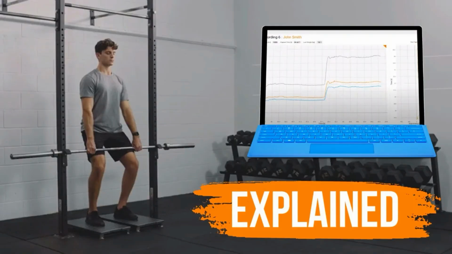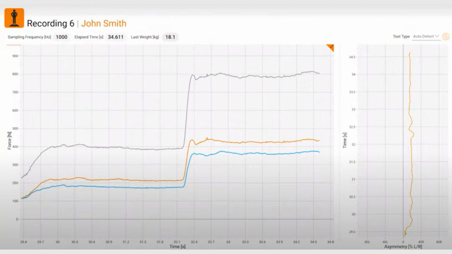Then we have the isometric mid-thigh pull. And if you're not sure about this exercise or this test, then have a look at my video talking about how to conduct an isometric mid-thigh pull test. Here's an example of a force time curve from the isometric mid-thigh pull. As we know, it is an isometric demand, so there's no stretch shortening and just a simple curve here up